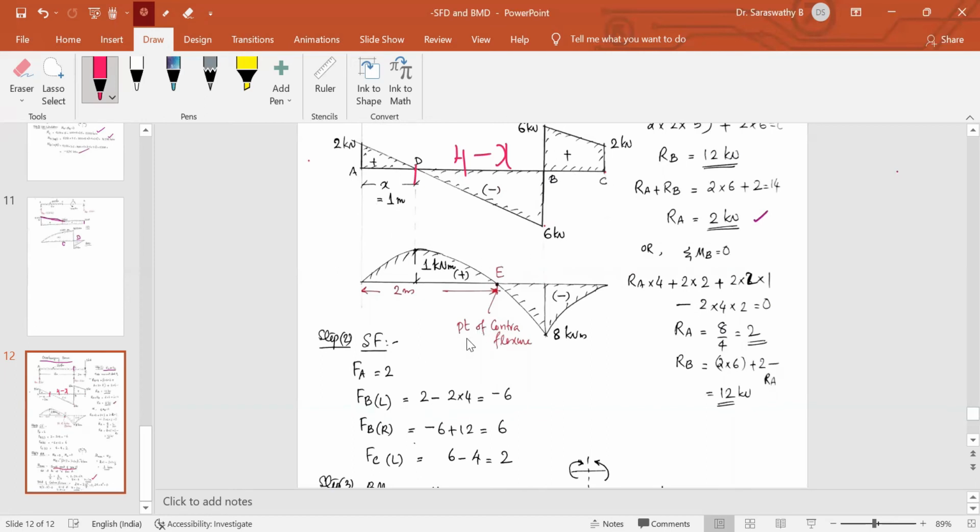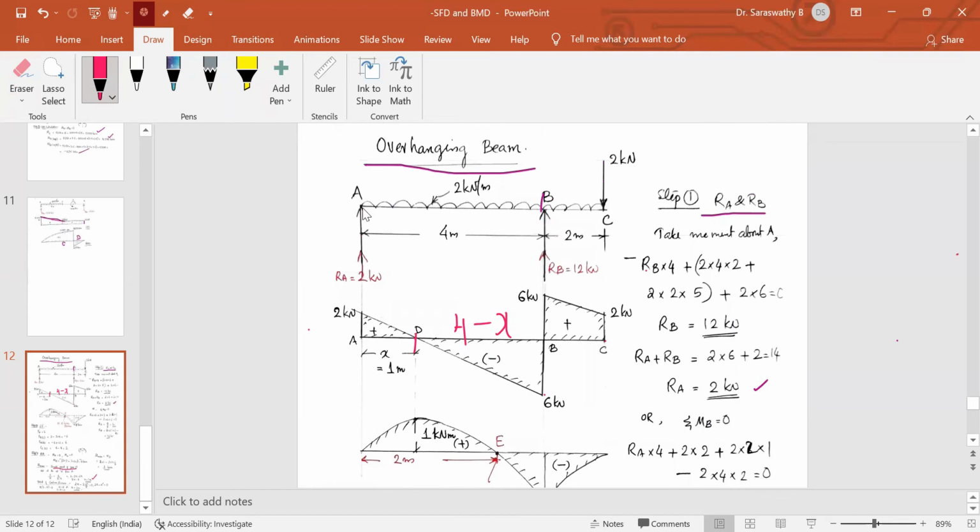Now coming to bending moment, here MA is equal to 0. In the overhanging beam, MB is not 0. MA is 0, and the moment at this free end, at the end C, is 0. Okay, so we can first write MA is equal to 0. Then coming to this point B,